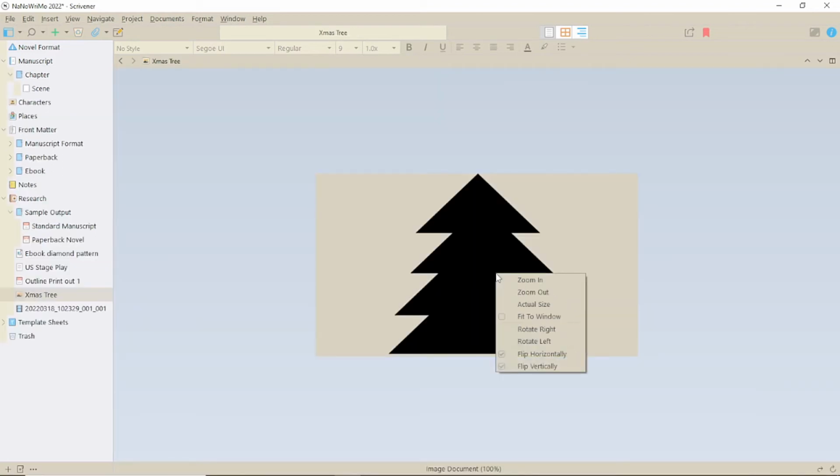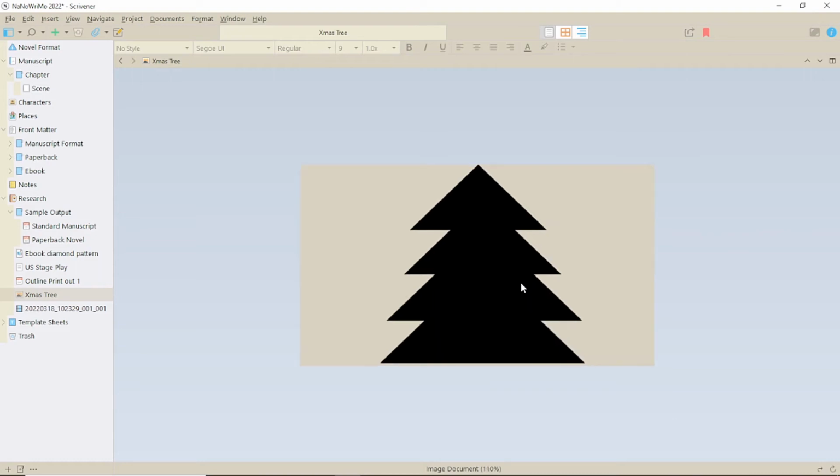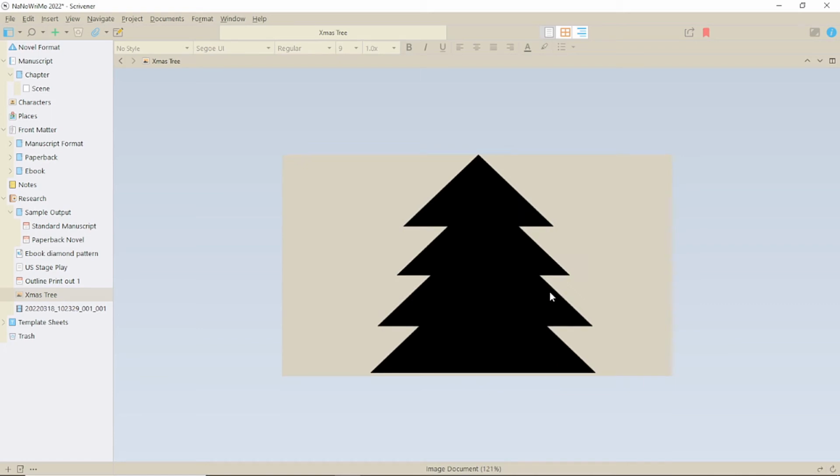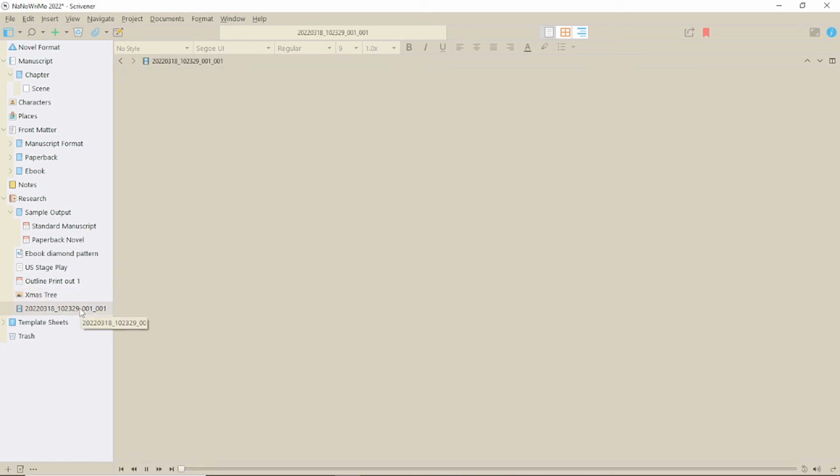Let's try a couple more things. This first one is an image. This has various options for manipulating it by right-clicking. And finally, this is an MP4. You'll see down the bottom of the screen you have tools for playing a video, but Scrivener doesn't work with MP4s. But it does with some other video formats. This player would also come up if you brought in an MP3, which will work.